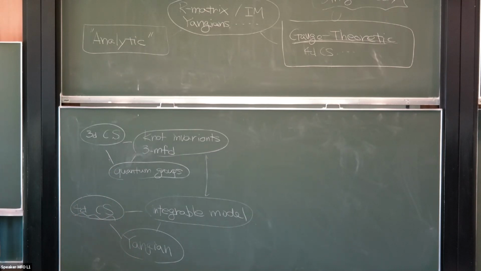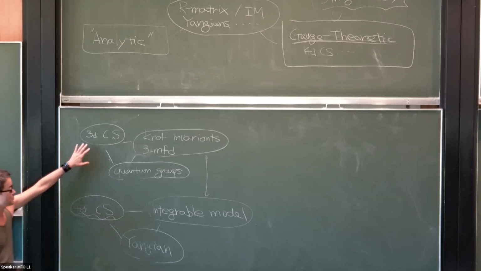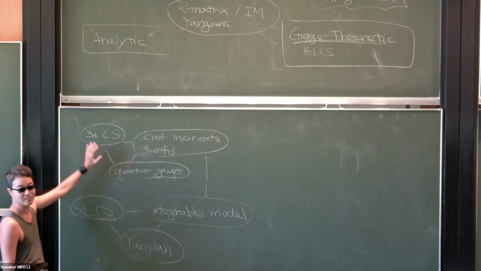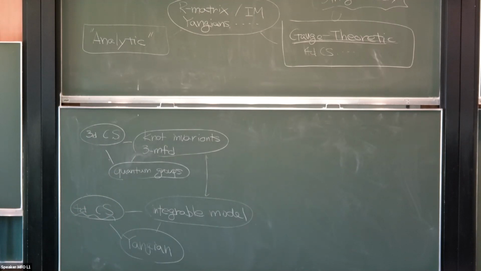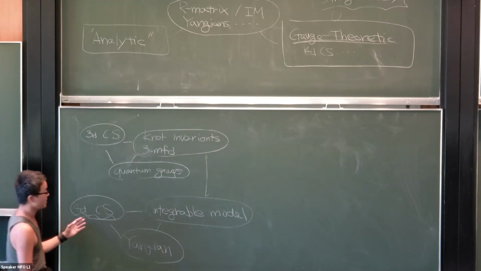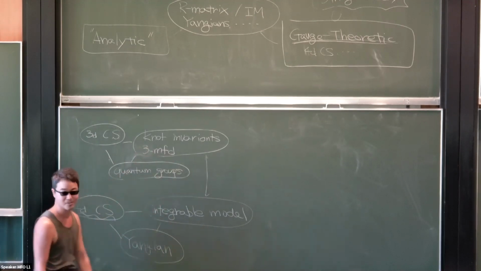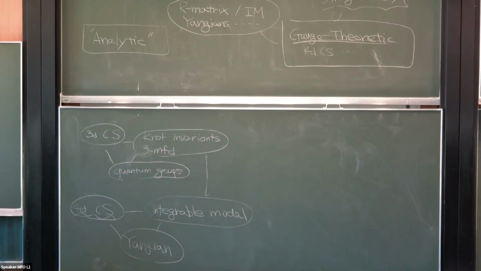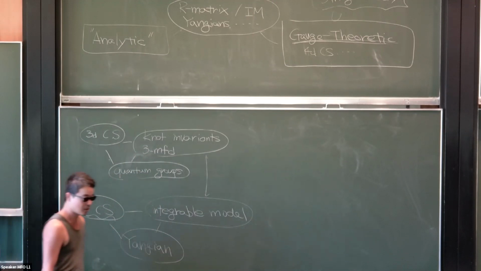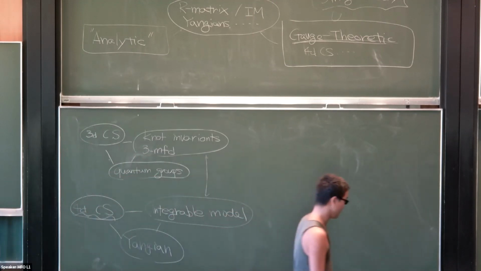So this makes things clear that you can ask similar questions, and that might be one way to see it. Of course, there are differences between these stories, so it's not like you can copy everything. It's useful to think about whether we can do something similar for this case compared with that case, but on the other hand, you cannot always copy everything, and there are important differences. Of course, that's the difference between integrable models and knots. They're very different subjects, and so there are differences and similarities.